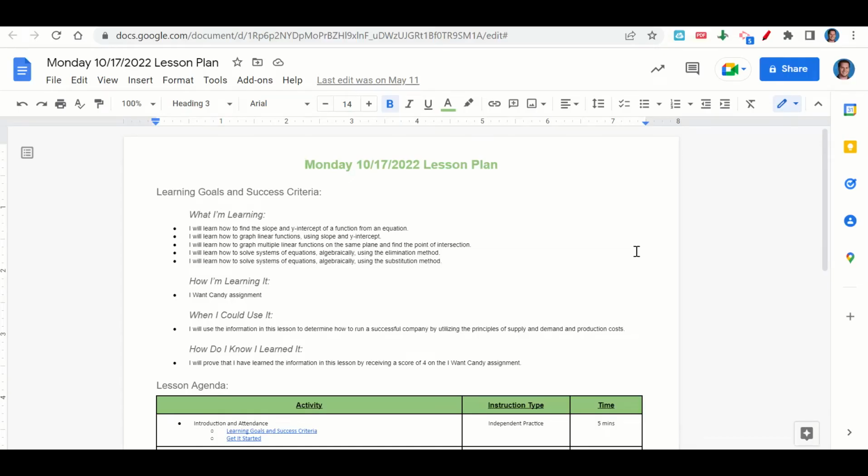Welcome everyone. Let's begin our lesson for today by going over the learning goals and success criteria. First, what are we learning? We're learning how to find the slope and y-intercept of a function from an equation, how to graph linear functions